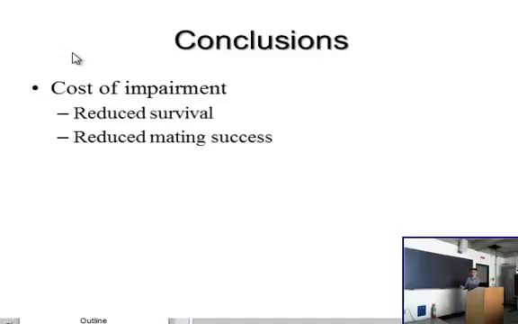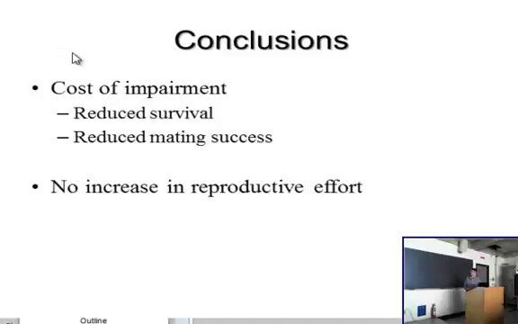So it's in the organism's best interest to avoid being injured in the environment. And being injured has repercussions more than just being easier to catch and eat and having a shorter life, but you're less likely to then be able to maximize your reproductive fitness. The terminal investment hypothesis, again, is not supported by that lack of an increase of reproductive effort. And so those are the general findings for that study.